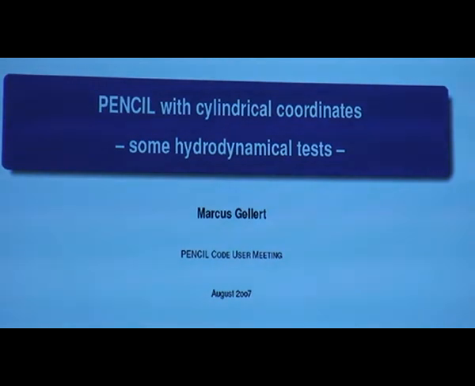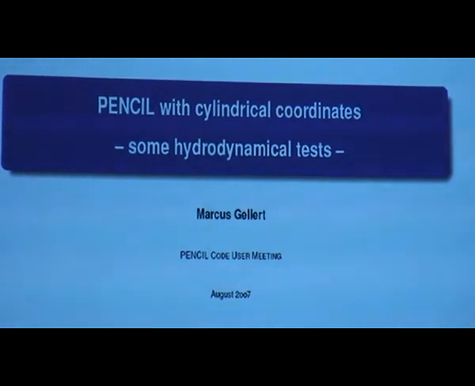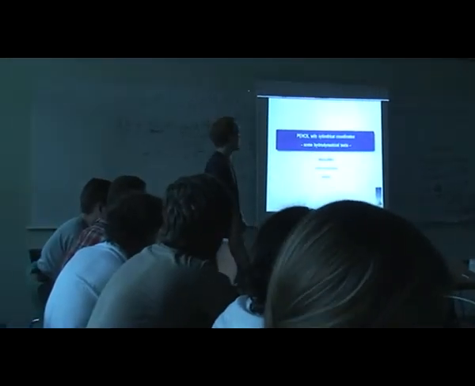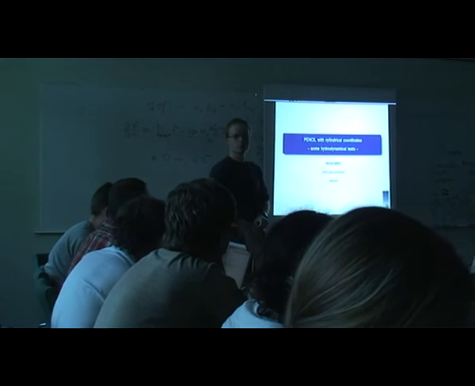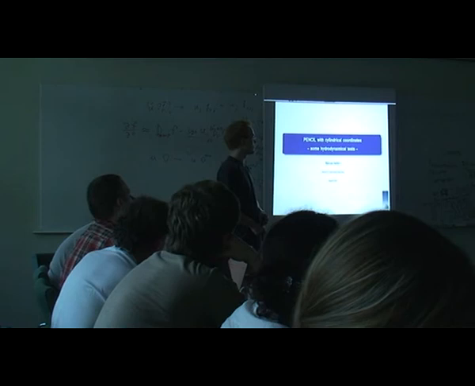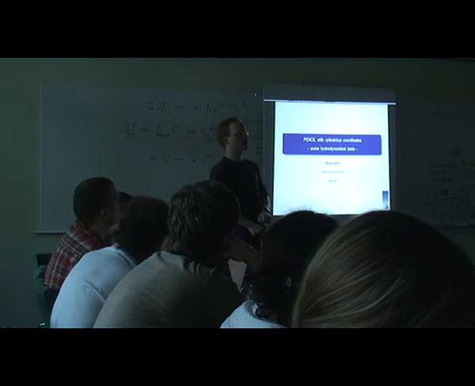A year before, I was already using the Pencil Code in Cartesian coordinates for physical setups in a cylindrical enclosure, and it was not working very well. One always had the symmetry of the box in the magnetic field, so it was never axisymmetric. And now I saw a new chance to use the Pencil Code, especially because it's available for use